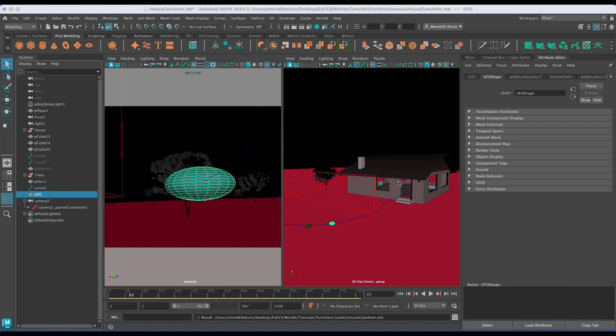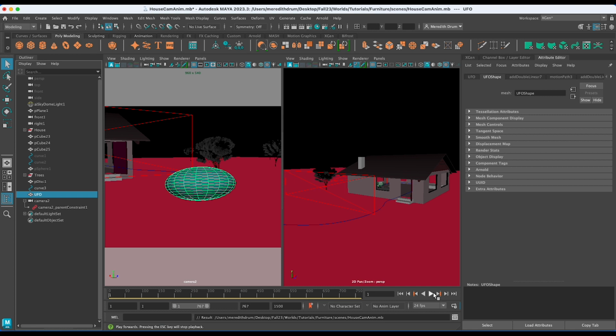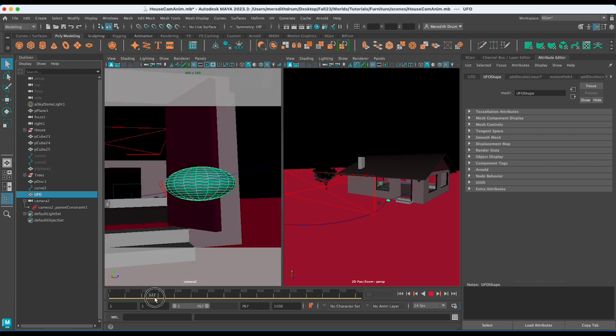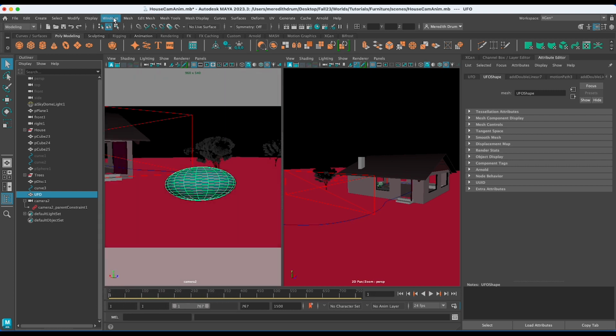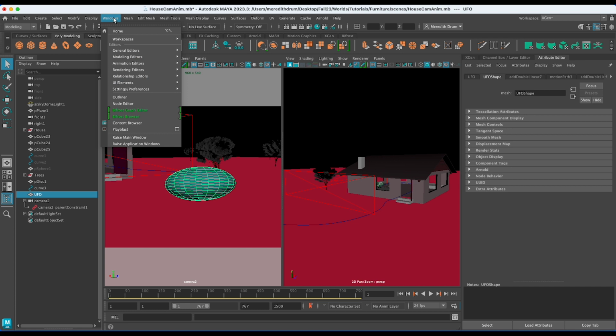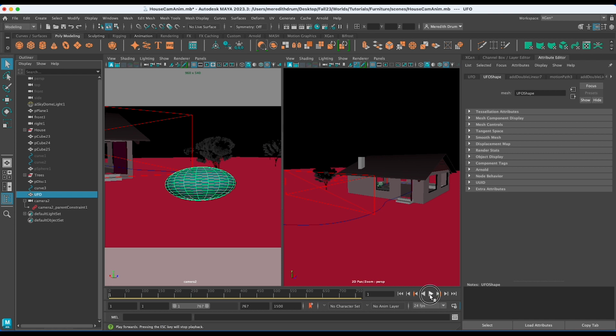Okay, here we go. So I have this camera following the object on a path, and now we're going to render it out. This camera starts following it at 1 and keeps going through 300. So if you want to see how fast it's going to go, this is really just a simulation when you play it here.